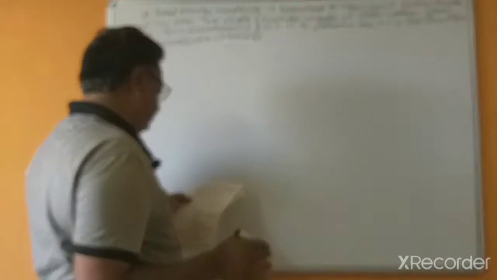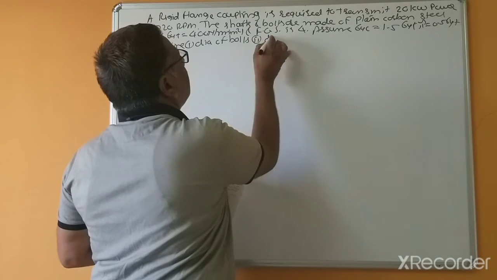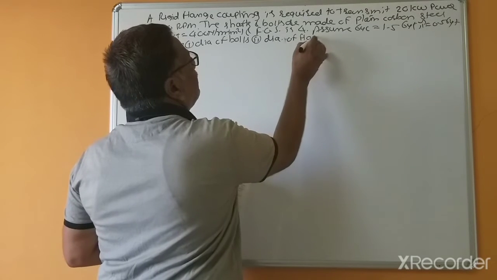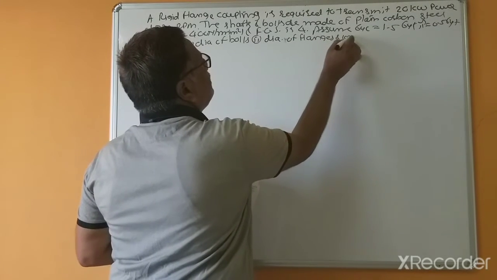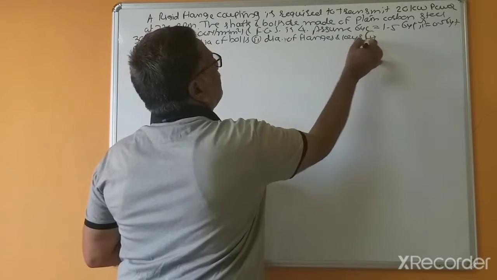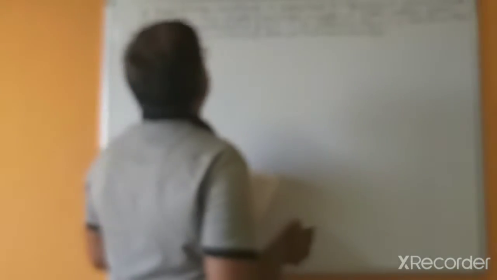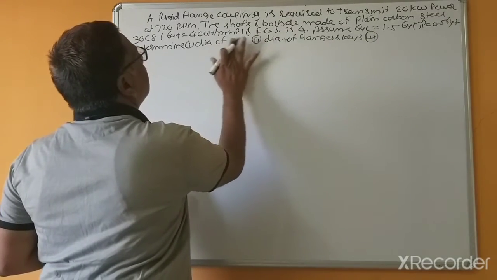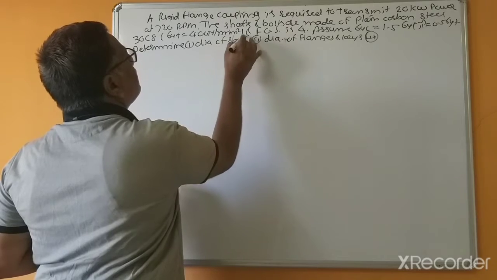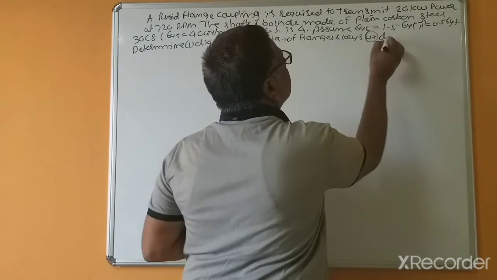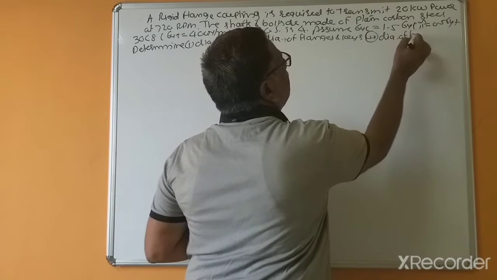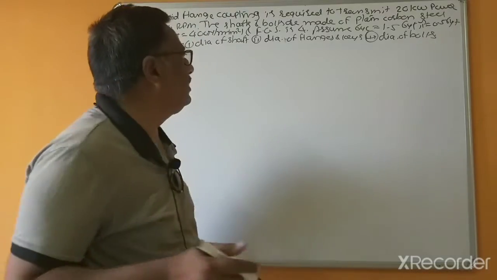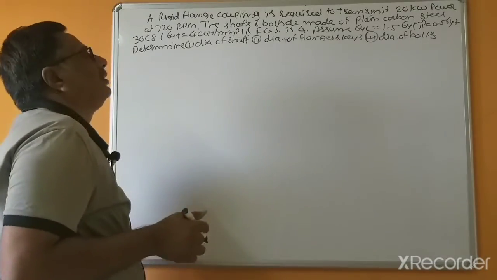Second bit, dimensions of the flange and keys. And third bit, diameter of shafts. First bit shafts and last bit diameter of bolts. So I think you will get answers within 5 steps.